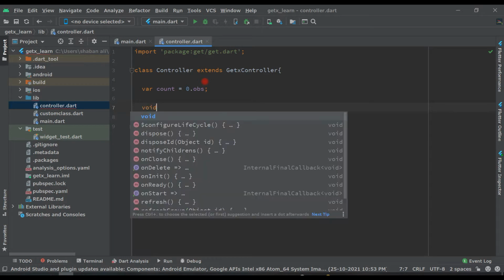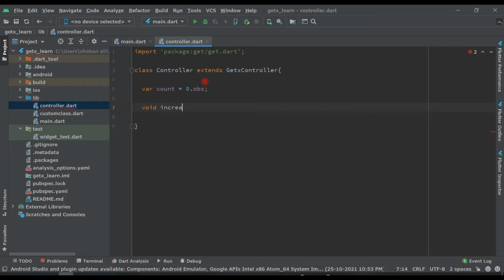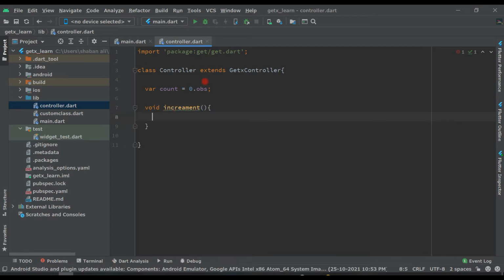So we will say void increment and this spelling typo, don't worry about this. So here we will say count plus plus, and after this we have to create one more function and it will be decrement.